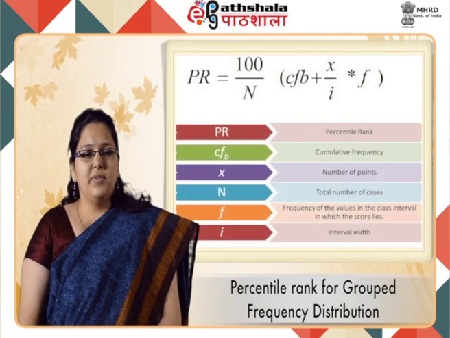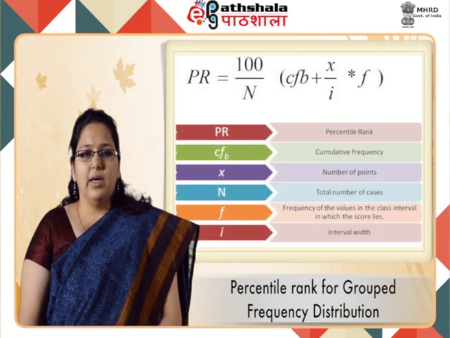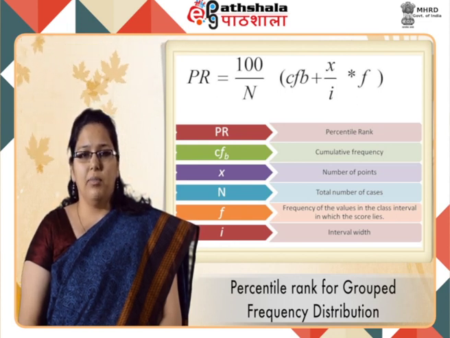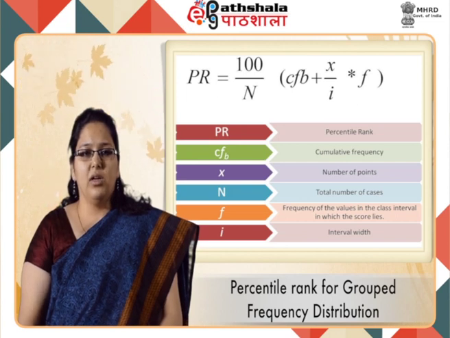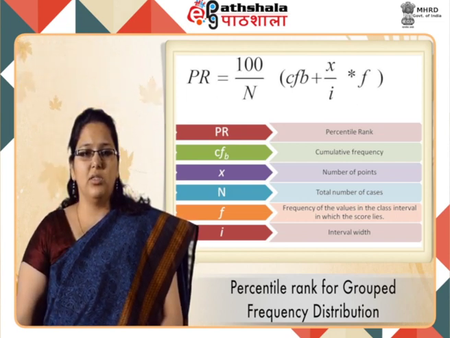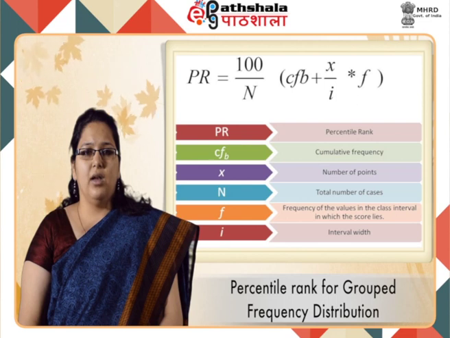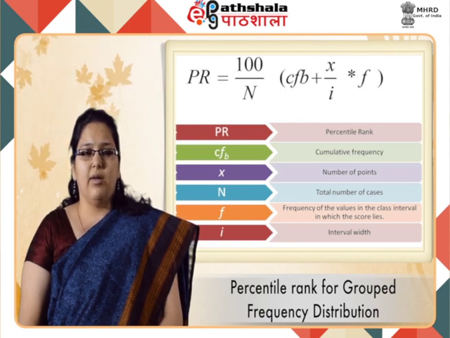Percentile rank for grouped frequency distribution. In case of group data, the steps involved in computing the PR are explained with the help of example below. The formula for calculating the PR of a group frequency distribution is PR is equal to 100 divided by n into (CF plus x divided by I into f), where PR is the percentile rank, CF is cumulative frequency of